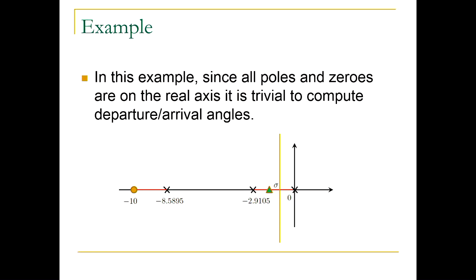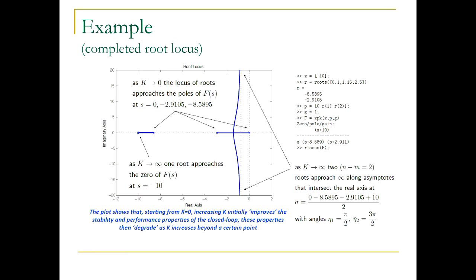But I will just go straight on because I'm running out of time. I will go back to the larger angles. I just want to show you that the information we've already got is enough to actually sketch the root locus. This point here is the triangle. The point where asymptotes intersect the real axis is this point. We calculated all that, we calculated the asymptotes. You just needed to basically complete the root locus.